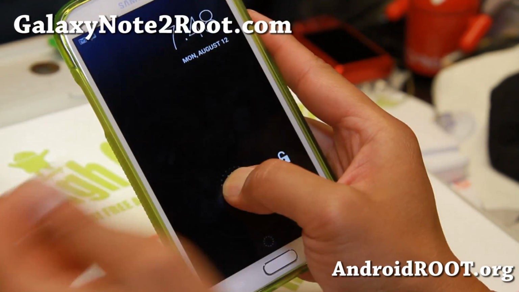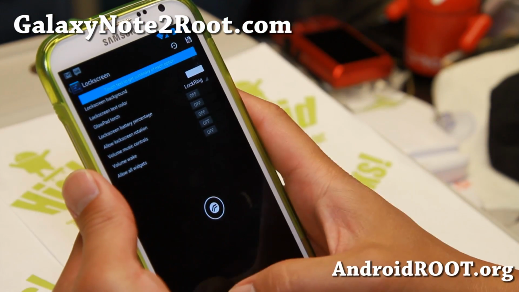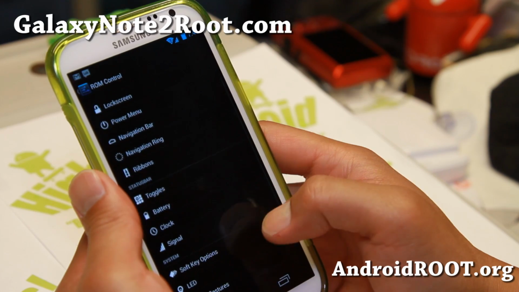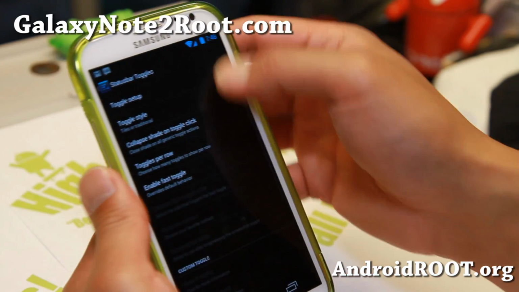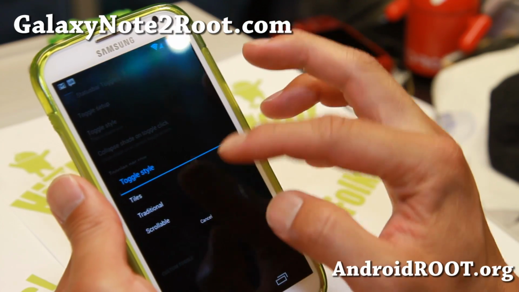Boom, you just hold down that, and when you let it go, it will let go of the flashlight torch. So I really like it. And of course, you can customize your toggles here. Your quick toggles, you can change it different ways if you want the older